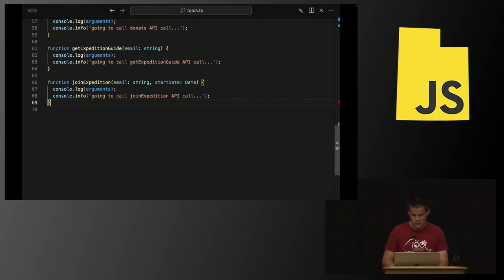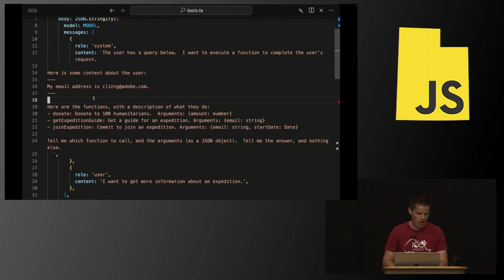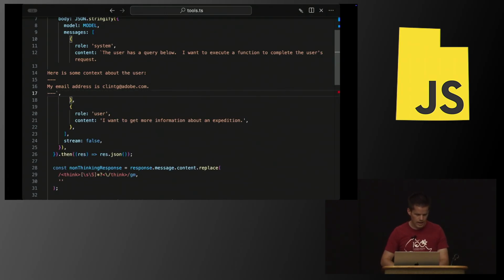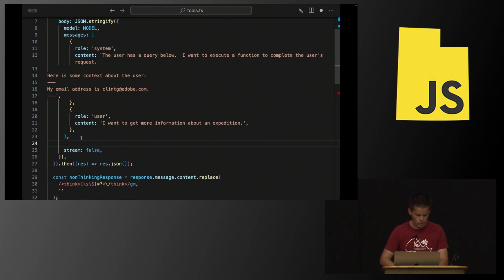All right, so it turns out that this is a really common use case for large language models. And so all modern large language models now support this out of the box. They've just built it in. So rather than describing my functions using loosey-goosey natural language here, I'm going to delete that, and I'm going to add something new to my network request called tools. And I'm going to